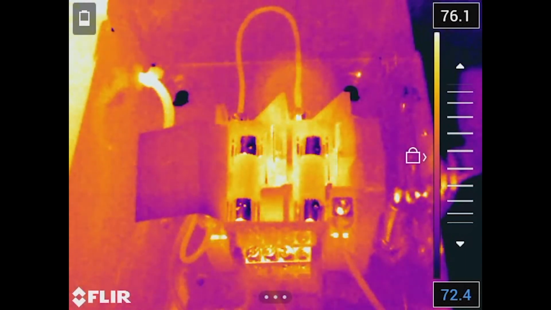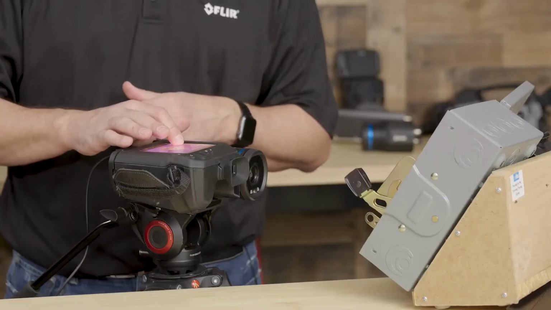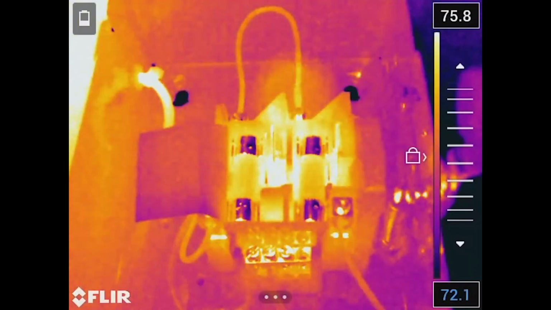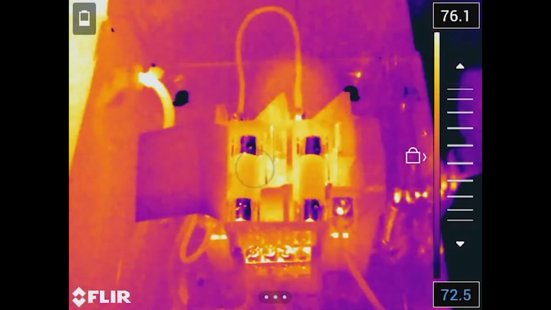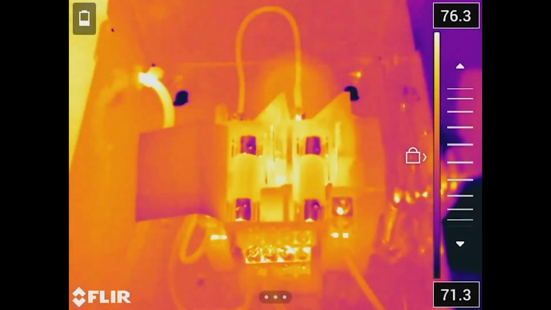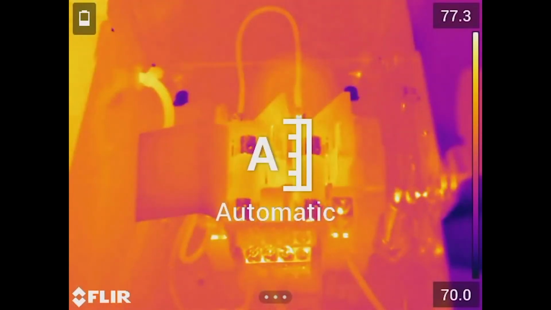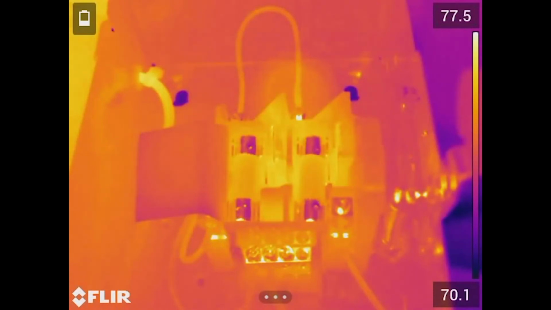It happened really quick, but when I touch, you'll see a circle show up, and that circle is giving us the indicator of what was in that circle: the amount of pixels, what was the high, what was the low. So if I go to that really hot part and I click it, you'll notice that image change. One-touch level and span is a really powerful tool that highlights how you can, so to speak, dial in a really clean image. But if you don't like to use that, of course, you can go back to the auto mode and it will optimize the picture for you.